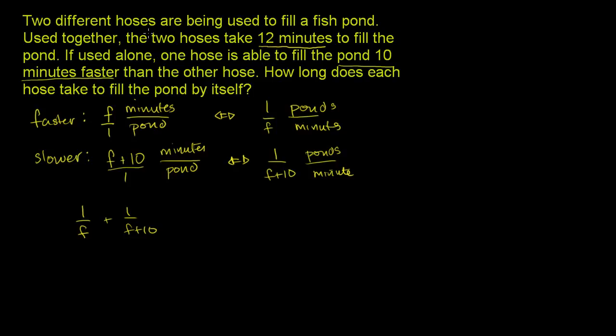Now, we know that information. They say the two hoses take 12 minutes. So let me write that over here. So combined, they take 12 minutes per pond. So what is their combined rate in terms of ponds per minute? So you could use this 12 minutes per one pond. You could take the inverse of this, or take the ratio in terms of ponds per minute instead, and you get 1 over 12